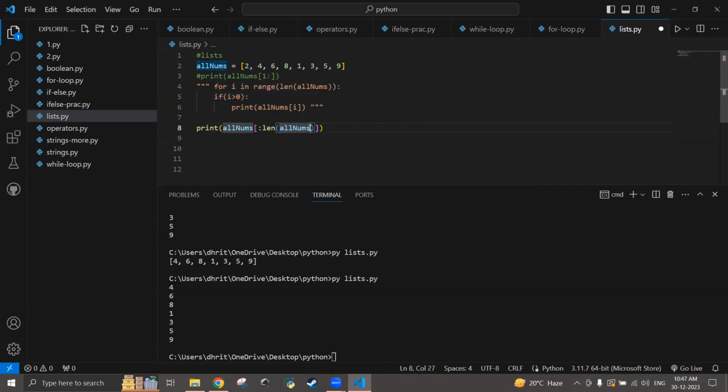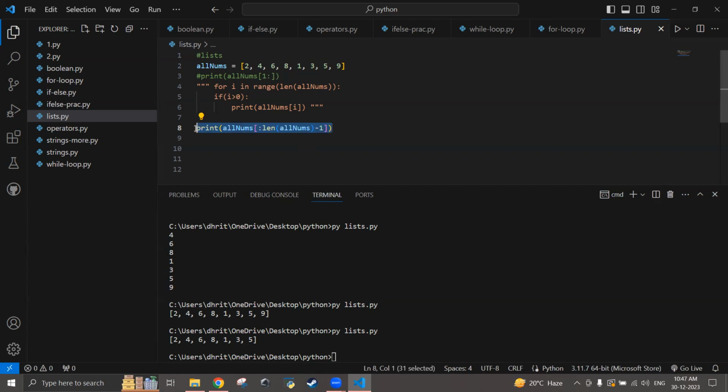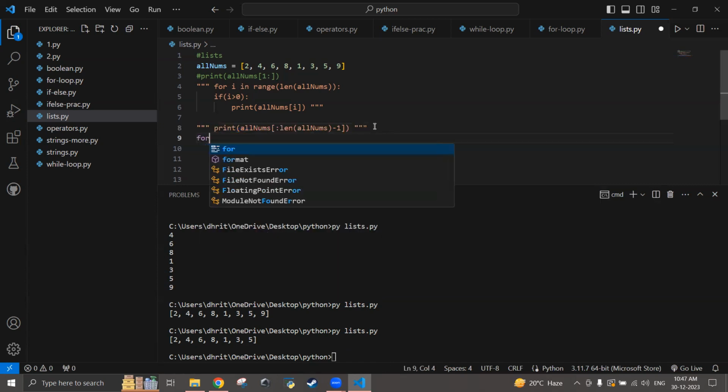All nums minus 1. Length of all nums will give you all the values actually. See here, it is giving me all the values 2, 4, 6, 8, 1, 3, 5, 9. If I don't want the last value, I just put minus 1. So it will ignore the last value: 2, 4, 6, 8, 1, 3, 5. But if you don't want it this way, if you want it in a loop one by one, then I have to go for